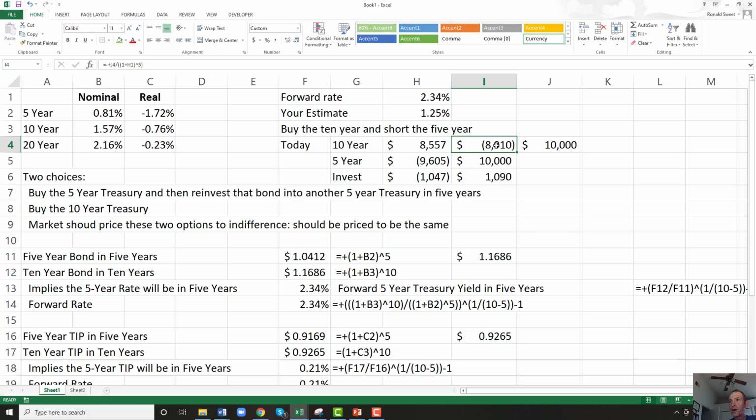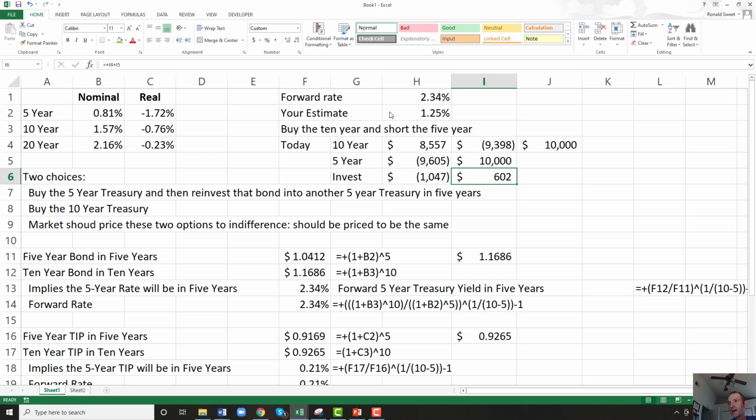But let's say the market's wrong, and instead of the 5-year being at 234, it's only at 125. Then it's only going to cost you 602. Well, that would be a great investment, right? You receive 1,047 today, but in 5 years you only have to pay out 602. That's like borrowing money at negative interest rates. We're almost back to Warren Buffett in the first paper, where he saw selling auto insurance as a cheap way to borrow money. If you're right, you get 1,047 today, and you only have to pay back